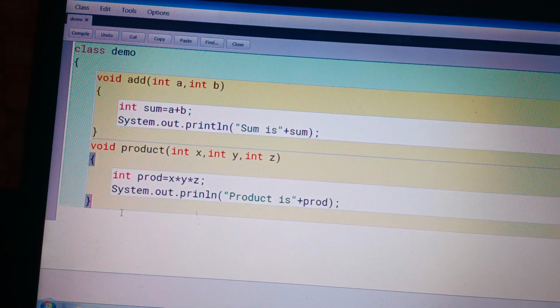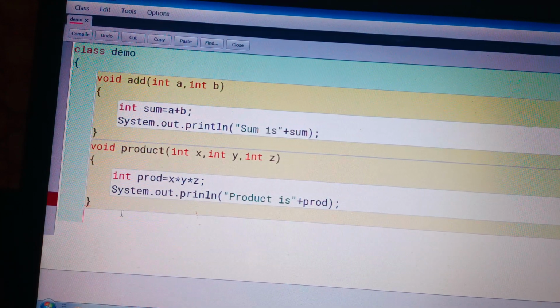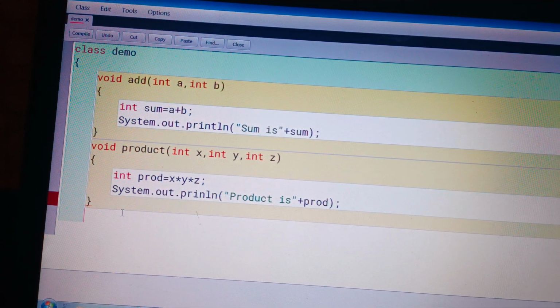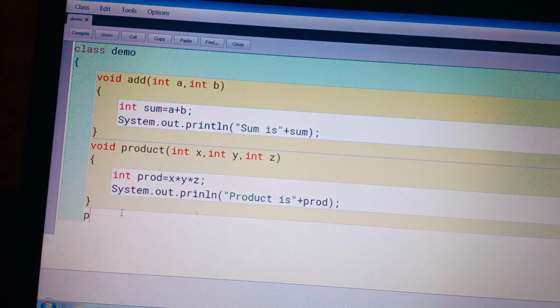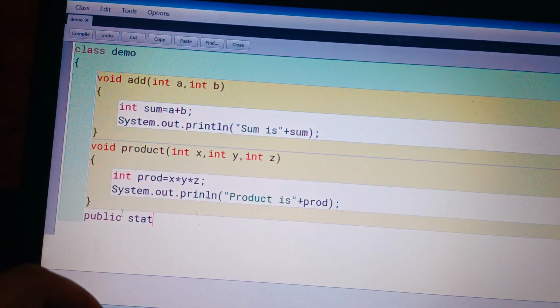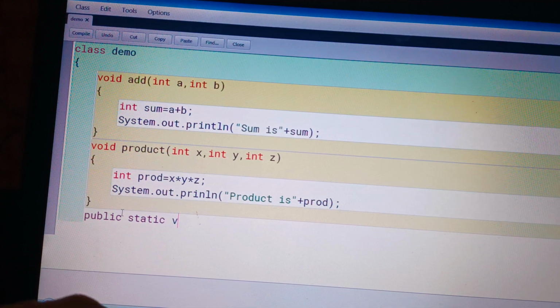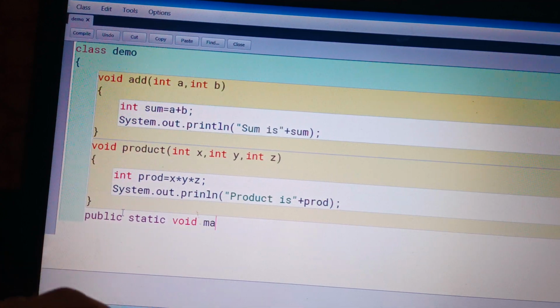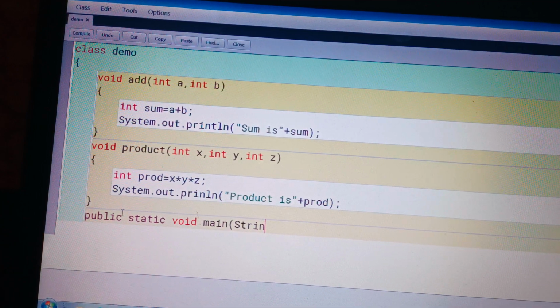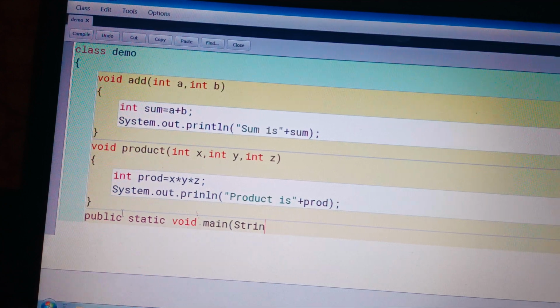After this, now we are going to call these two methods by using the main method. Now here I am going to start writing the main method. Public static void main, String argument.